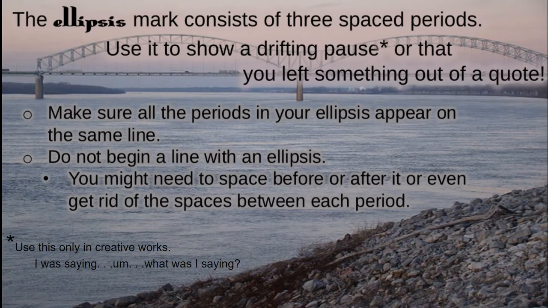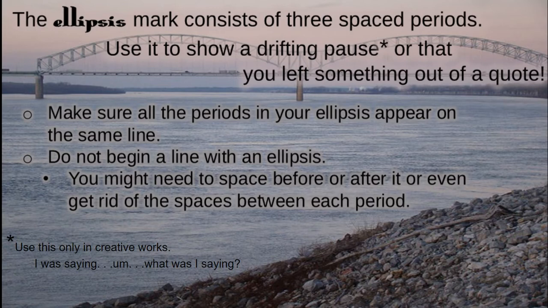All right, now the ellipsis mark. One of the key things to remember about the ellipsis mark is it is 3 periods put together, but those 3 make one piece of punctuation. Just like that 12, we can't just write 1 and expect everybody else to see the 2 there and think it's 12. It's not going to happen. The question mark, we don't have the top of it, the little curly Q, without the dot underneath. The semicolon is a comma with a period on top of it, but without a period on top of it, it's just a comma. So the ellipsis mark is one piece of punctuation, and that's why one of the key things is we never want those separated across lines. They all go together, okay? So you want to make sure they all appear in the same line